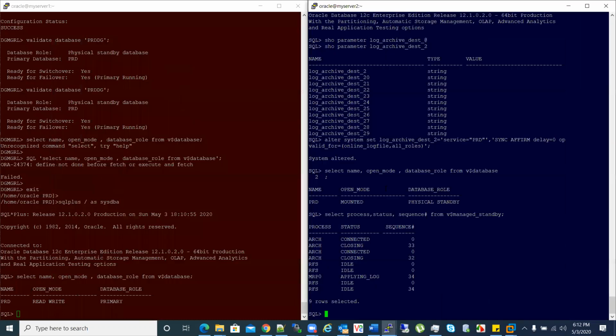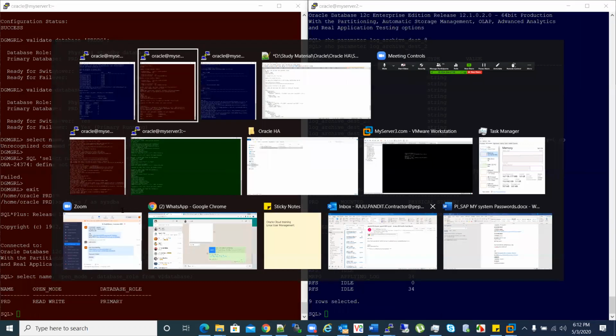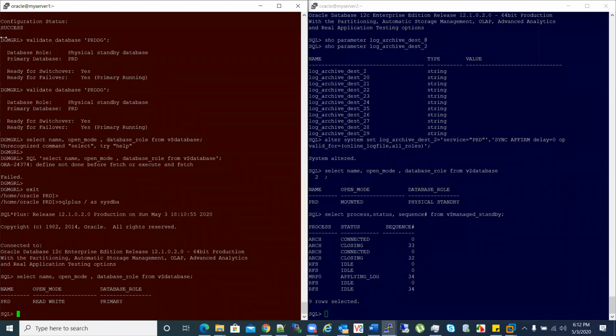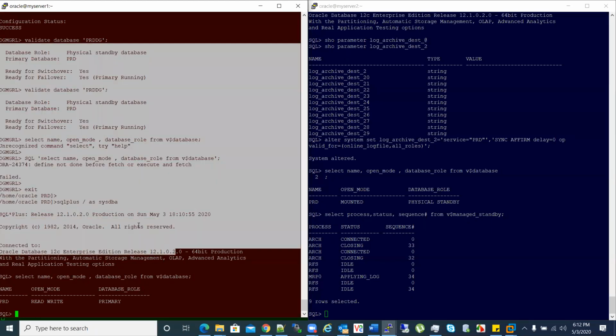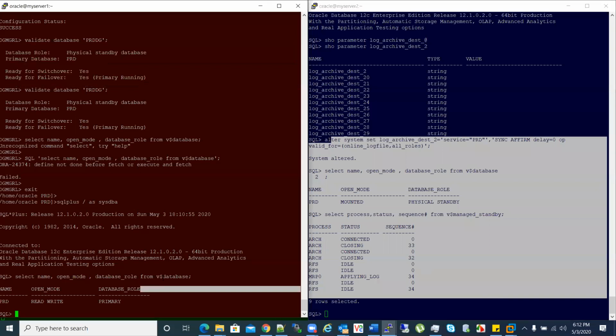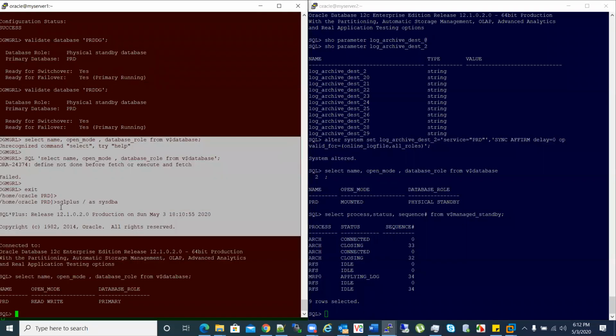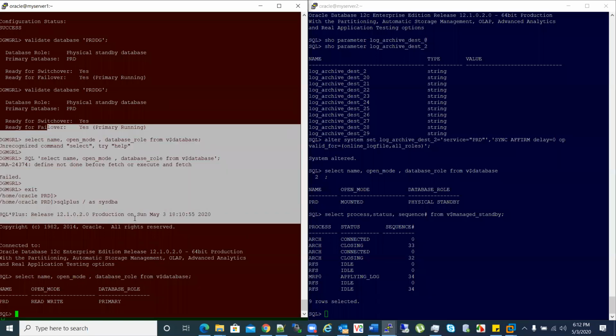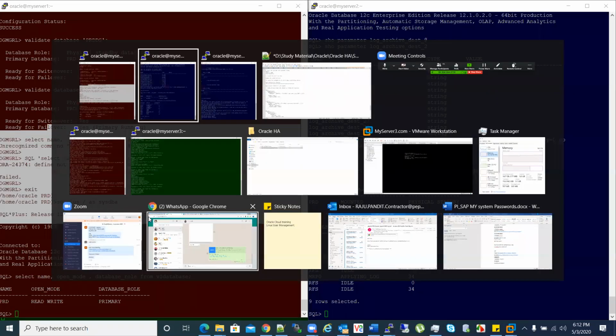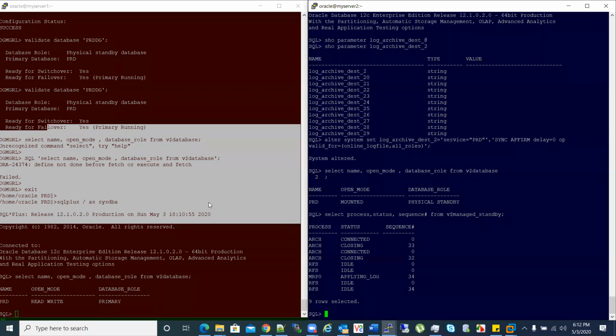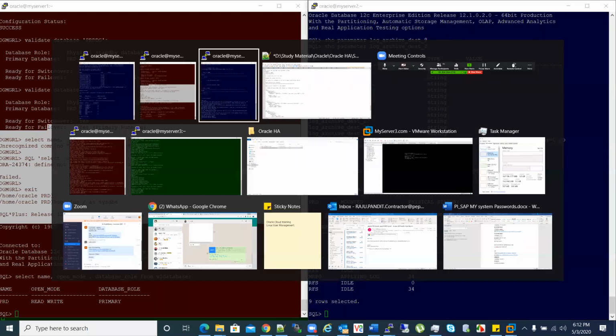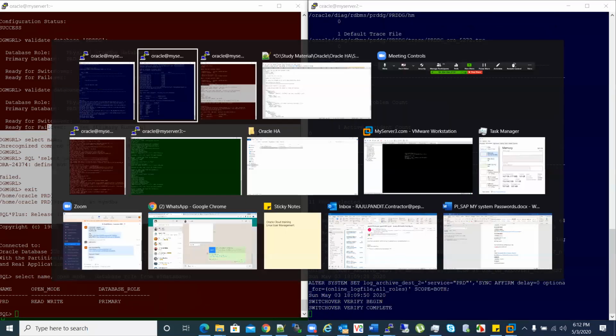So the red one is primary and the blue one is standby. Why are we doing this? Basically, when you have any memory uplift or OS patching on the red one, you can make this a primary and this a standby, shut down the standby and do all your activity and bring it up, and then again switch over back to this and make this primary. So that is called rolling maintenance in a HA system without a downtime.